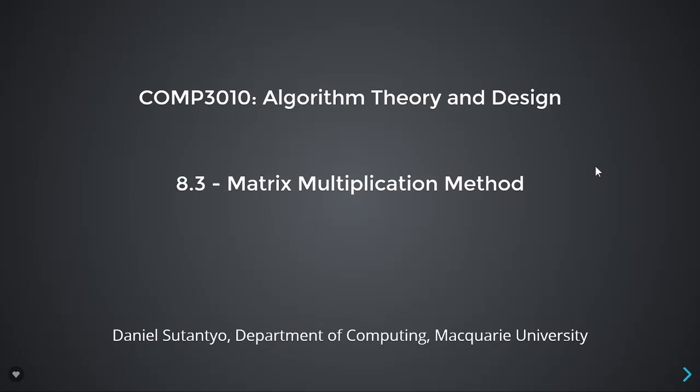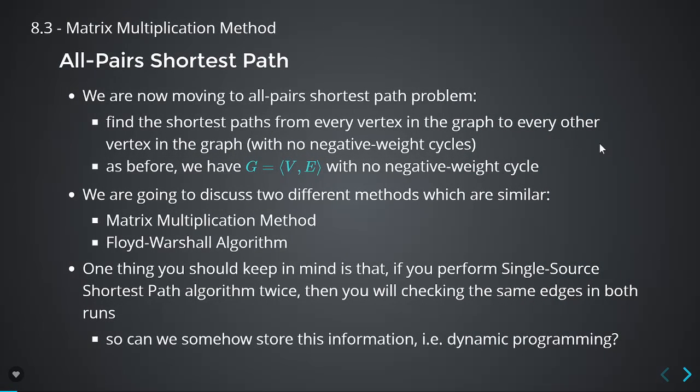Hi, we're now moving to all pairs shortest path algorithms, and these are still shortest path algorithms, but with Dijkstra or Bellman-Ford, we only find the shortest path from one vertex to every other one. Whereas now, we're going to find all the shortest paths simultaneously. So for every pair of vertices in a graph, you can work out the shortest path between that pair, all